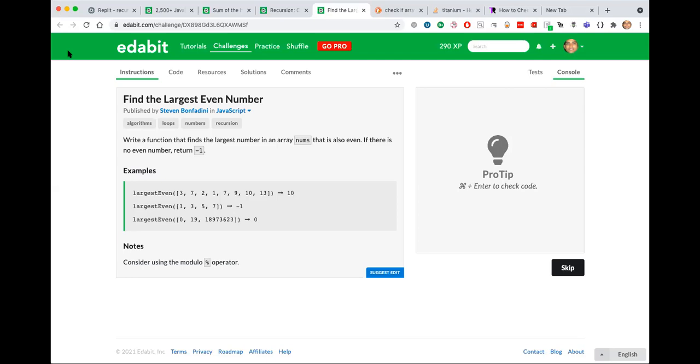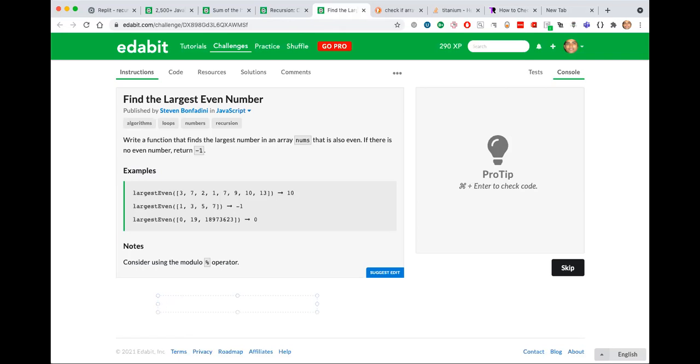Someone is saying boundary condition is empty array. Check whether an element is even or not. Yeah, so we can do it like we did previous questions. Like we can check the first element and call rest of the array, and the greater of the two is the answer. So what do I mean by this is, we can call it like this.